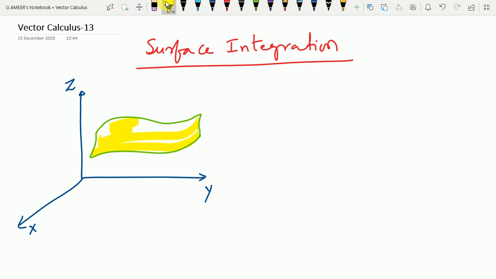Its area we need to estimate. This is the surface area. The problem is we need to estimate this area. So definitely we have the equation of this. So this is, let's say, a function which is defined in Cartesian coordinate system as some x, y, z. We need to determine this integration across this surface.